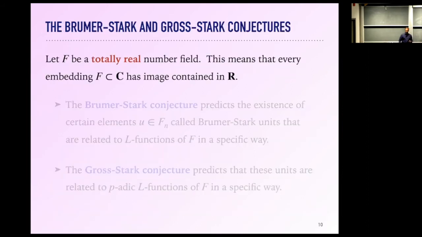All right, so let me talk again somewhat qualitatively about what these Brumer-Stark and Gross-Stark conjectures are about. What is the setting that they take place in? I'll state them precisely later. But we start with a totally real number field. That's always the setting of these conjectures. So what is a totally real number field? That's a field such that every time you embed the field into the complex numbers, it actually lands in the real